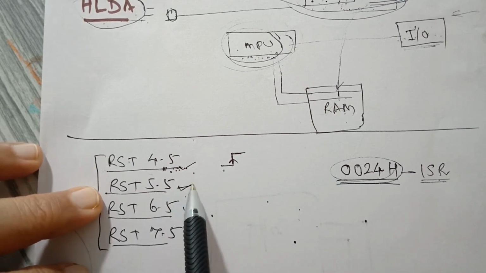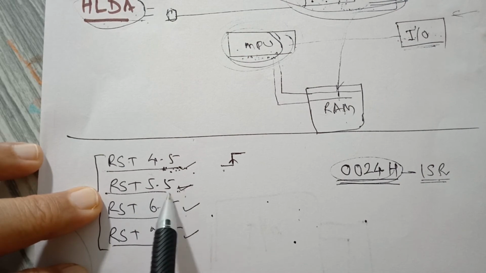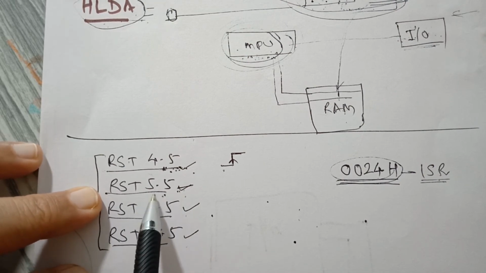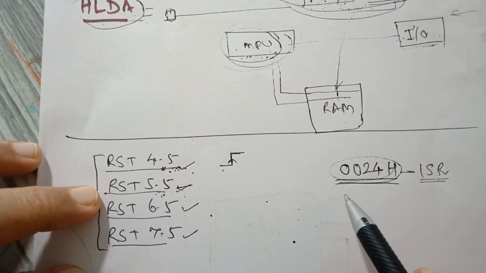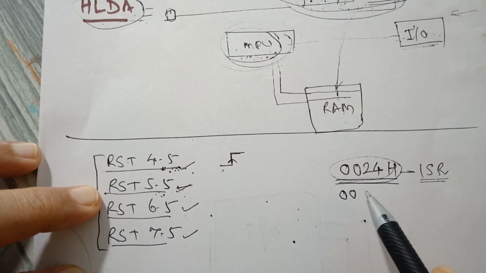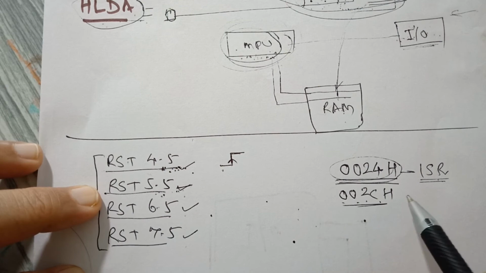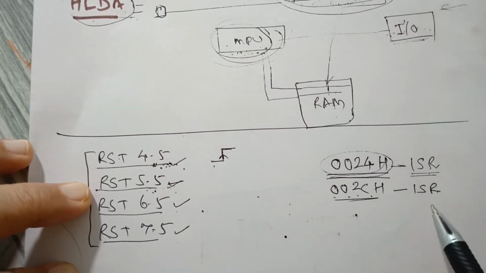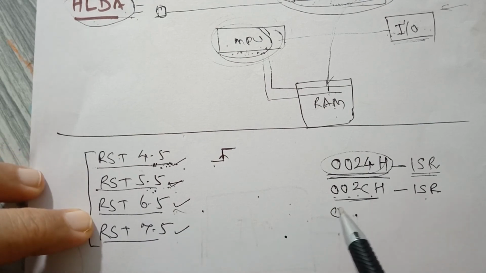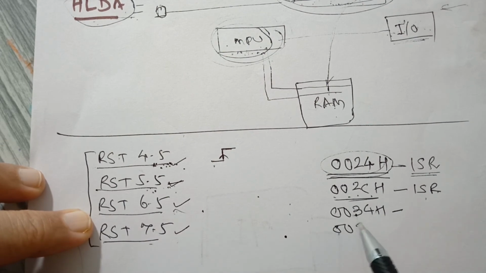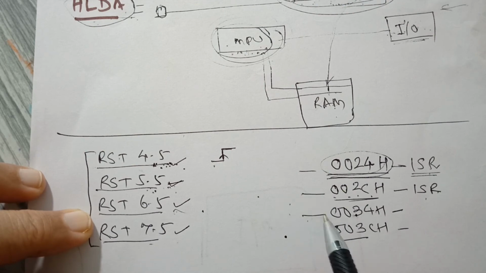Then if the other device interrupts the microprocessor, the microprocessor stops and jumps to the interrupt service routine which is kept at the 002C address, and there is a program which works as a service for that device, and so on. For this there is the address 0034, and for this there is 003CH. What are these addresses and how could I recollect them?